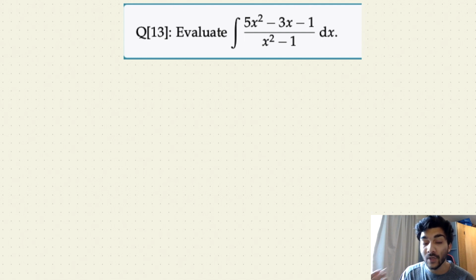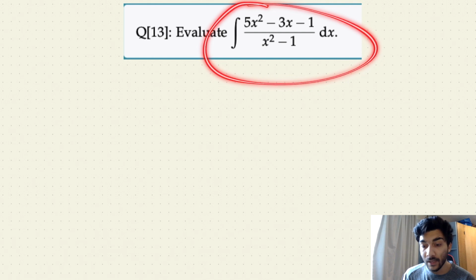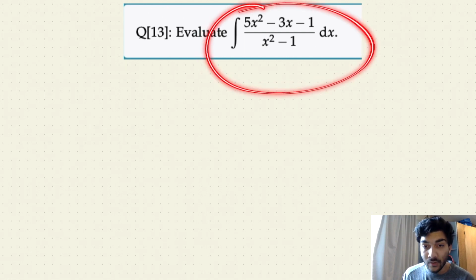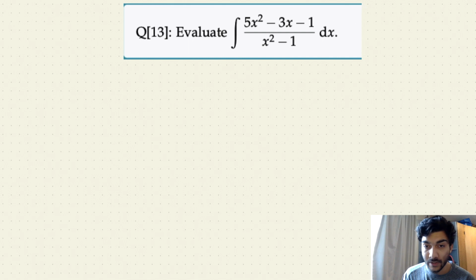Don't worry if this seems complicated at this time. We'll do this whole question and then we'll get a very good idea about what we meant by simplifying this expression further and then using partial fractions, because we cannot use partial fractions on this expression over here, because in the numerator the degree of the polynomial in this case is also 2,